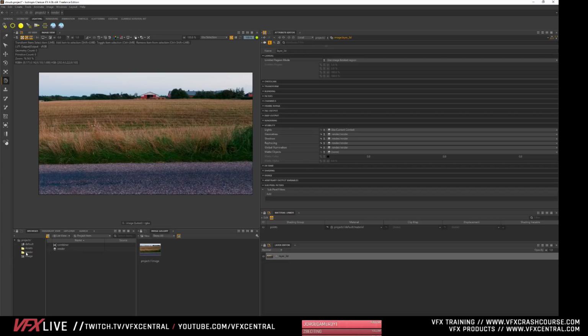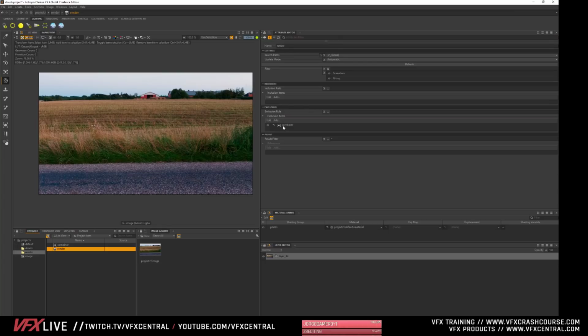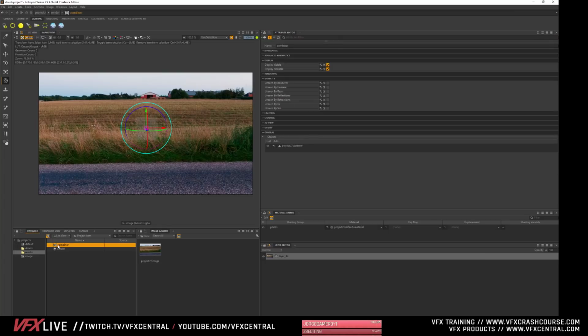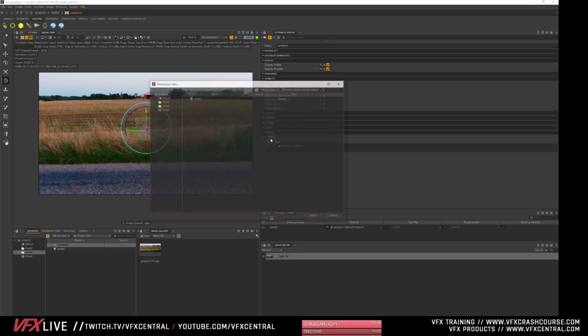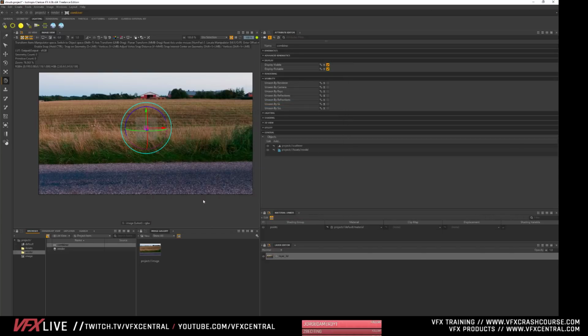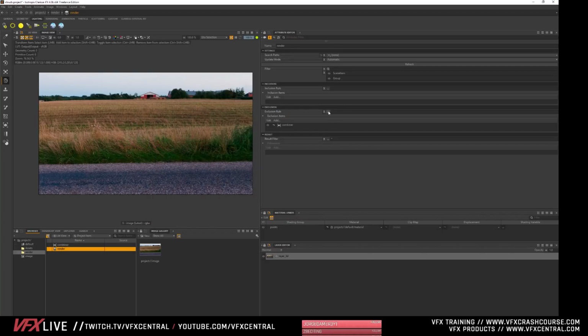And let's see why that didn't render. It should be in there. Let's make sure we're doing this correctly. The combiner, I can't remember, there's a way to do that.